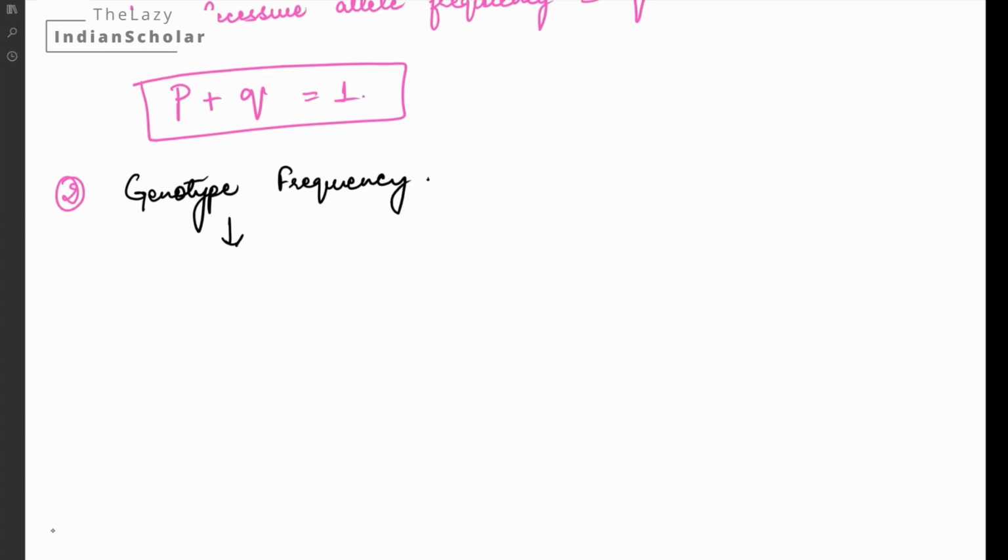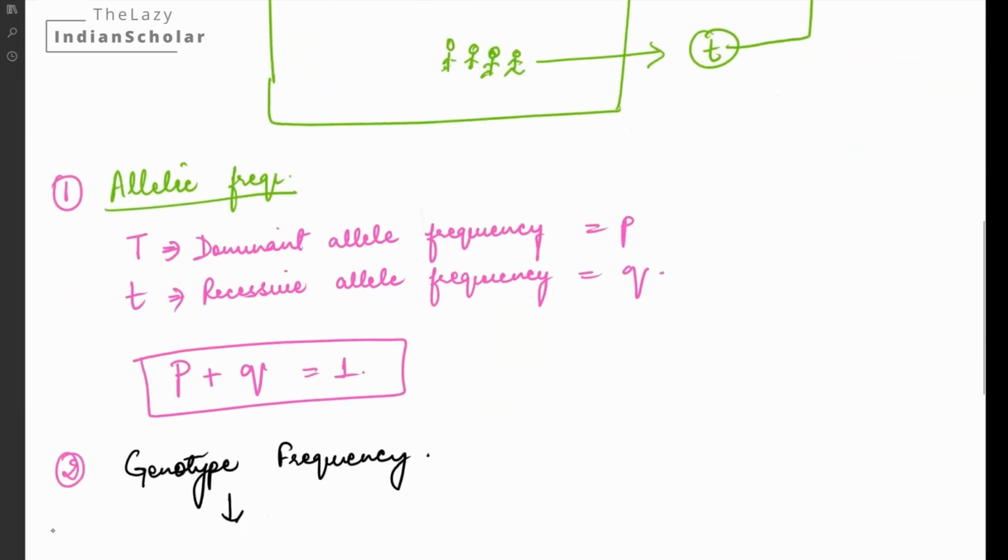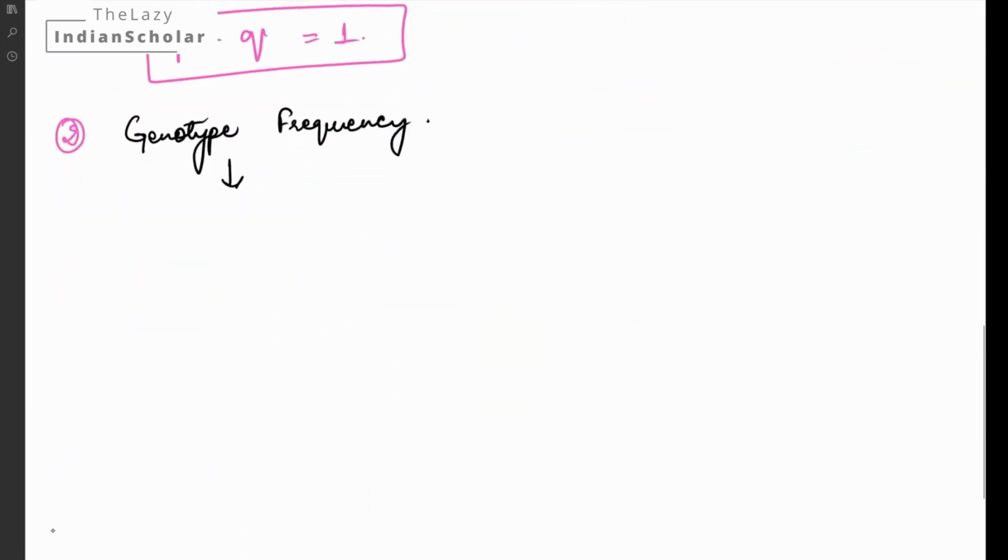The genotype for tall individuals will be capital T and capital T for the diploid organism. So this is a homozygous dominant individual,